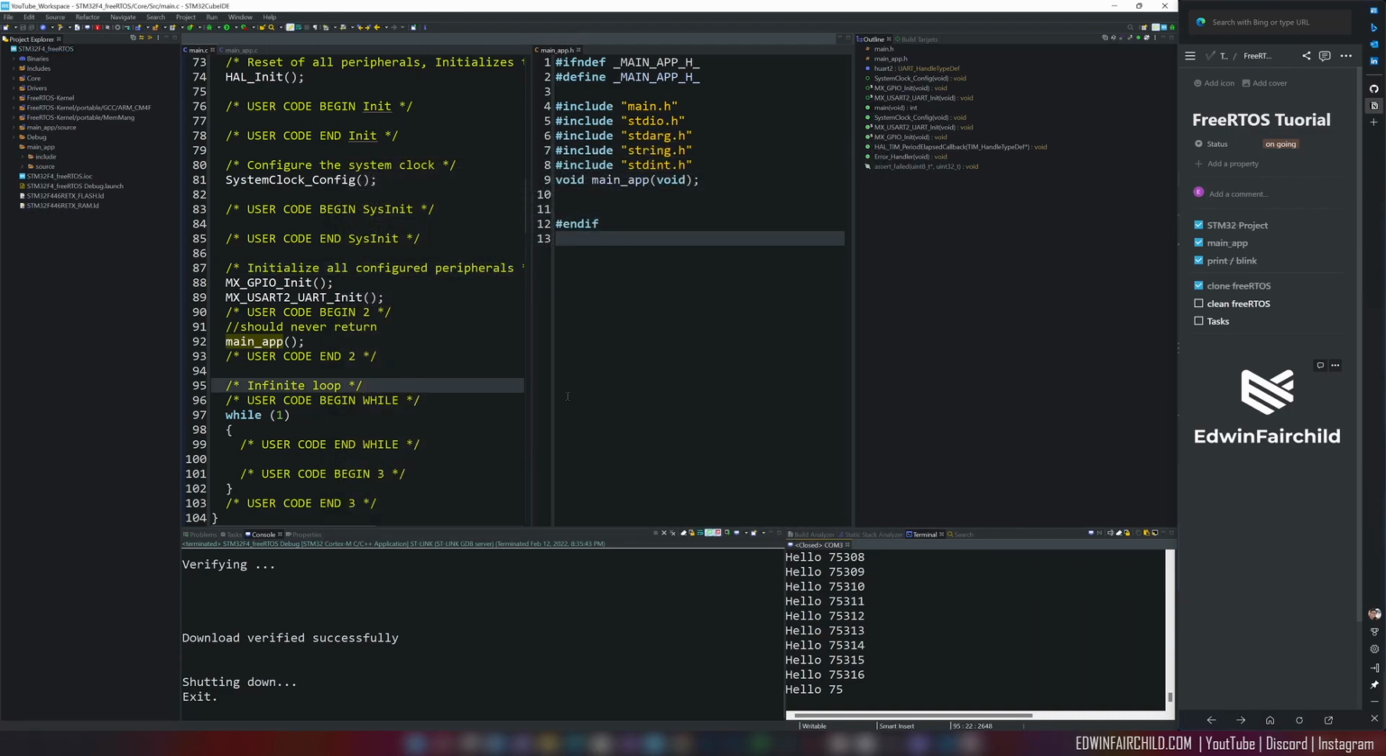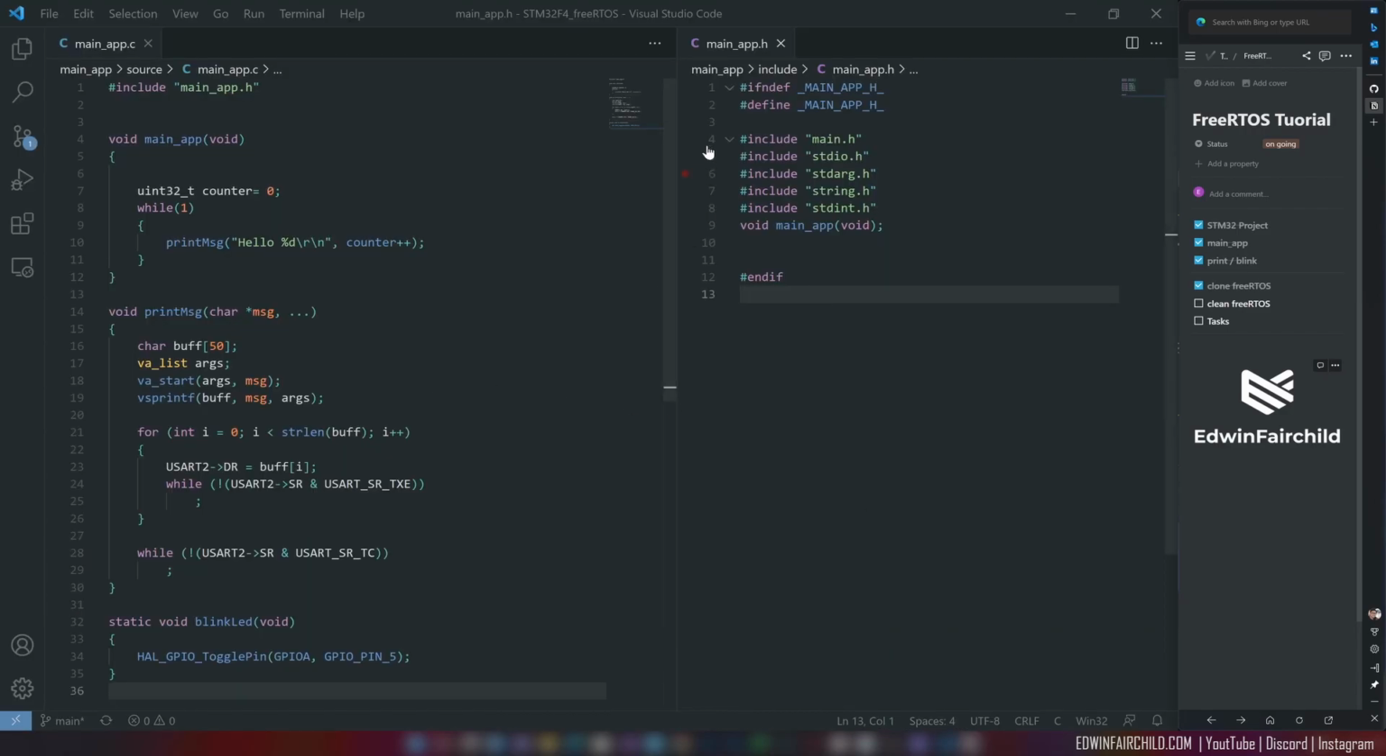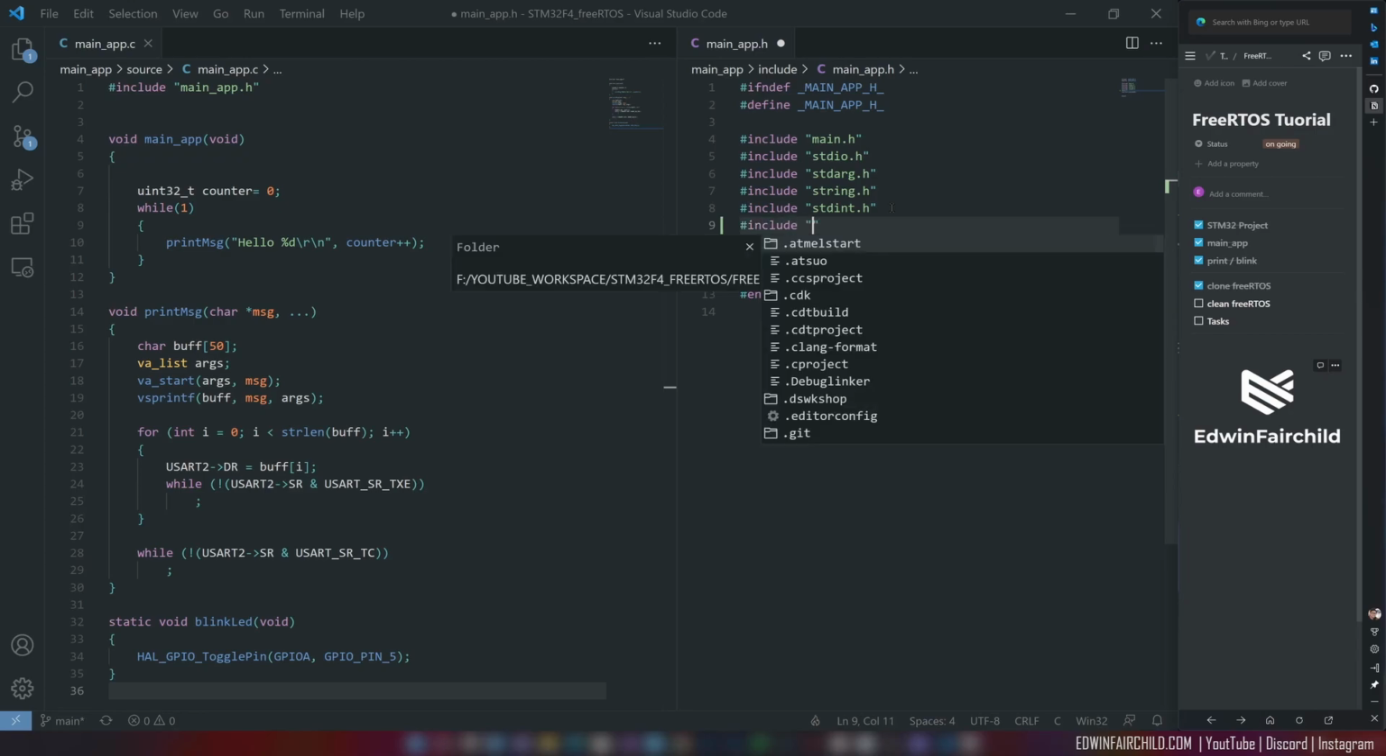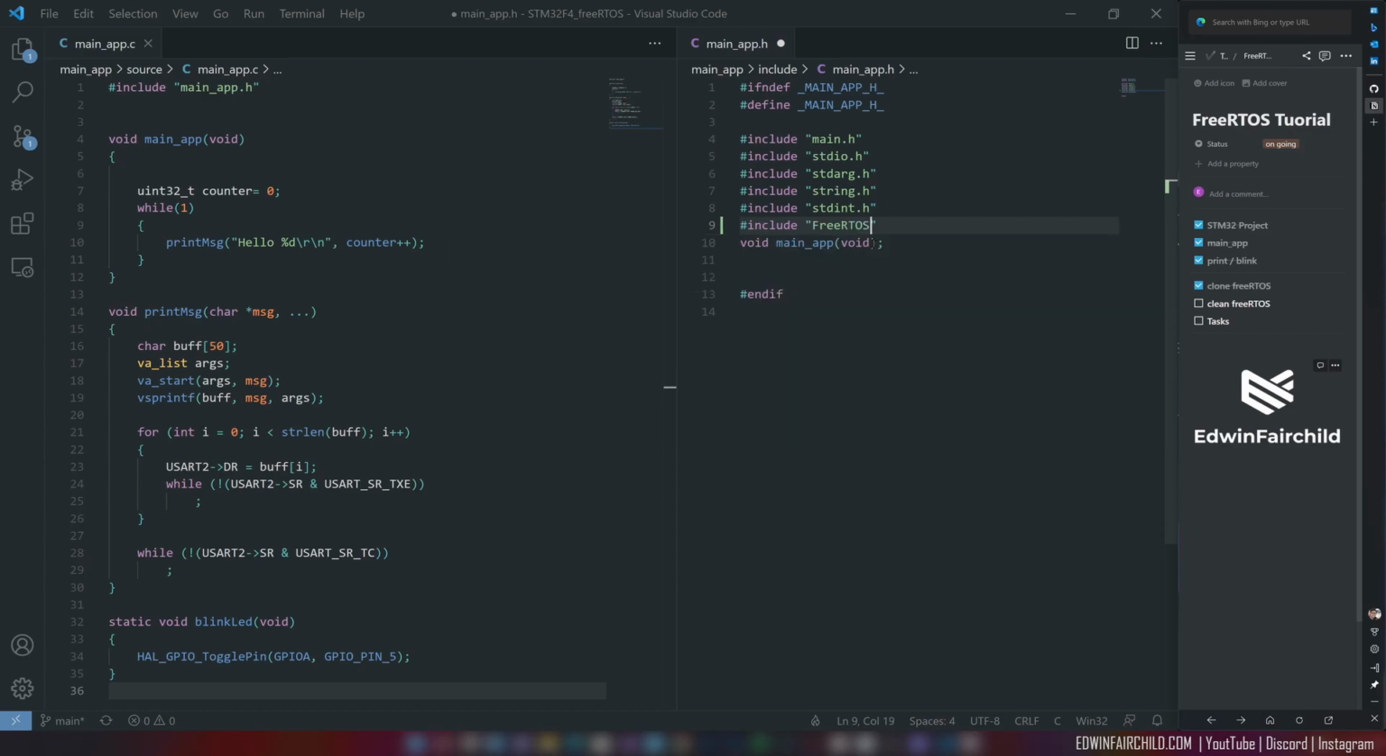Okay, now I'm gonna switch to VS Code, which is open to the same directory. Where is it? There you are, big guy. Okay, so now we'll go to main.app.h, and actually I do have some of this. Let's go ahead and include freeRTOS.h,